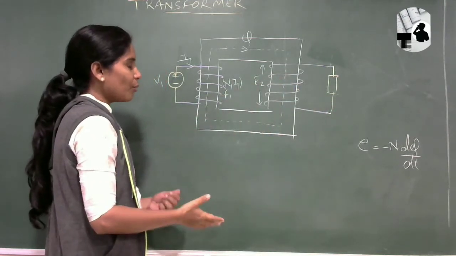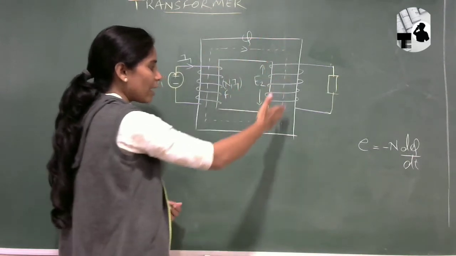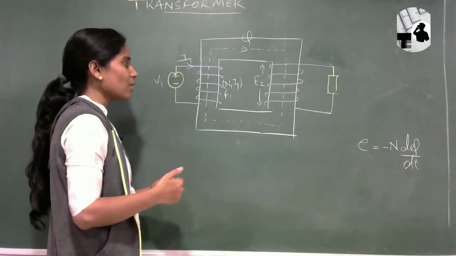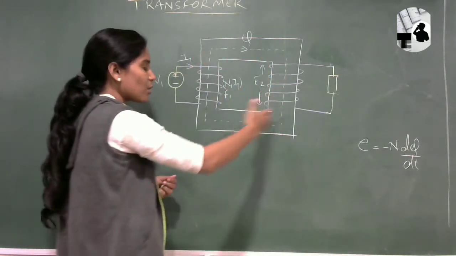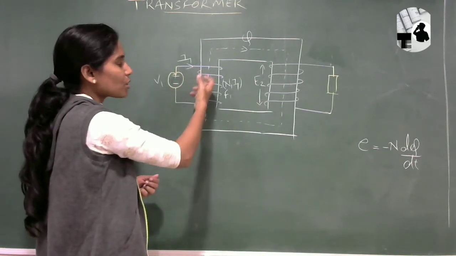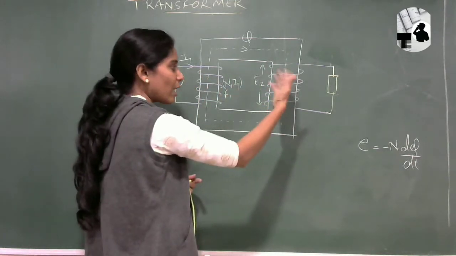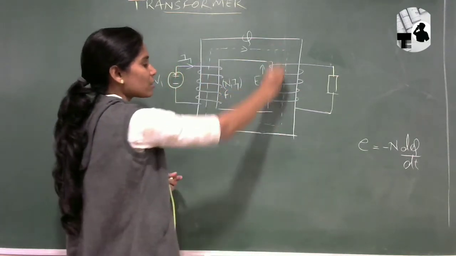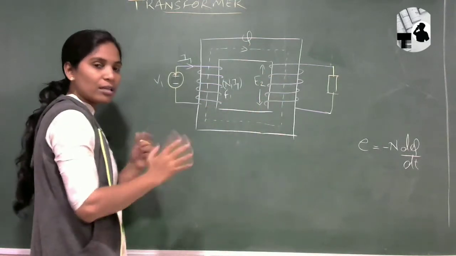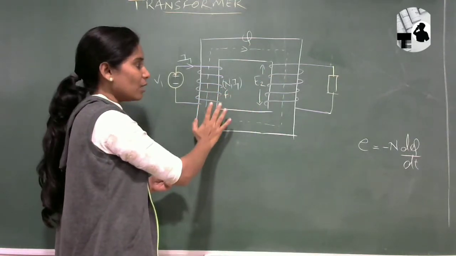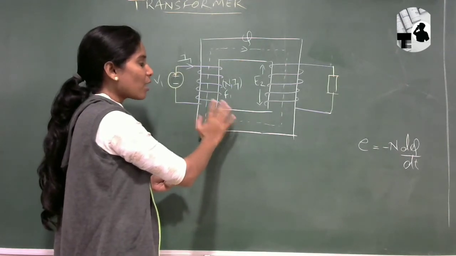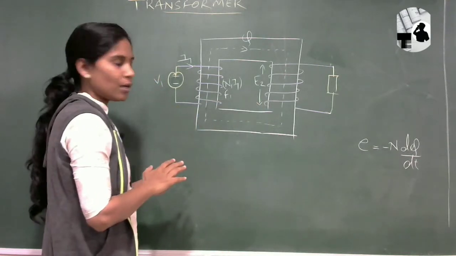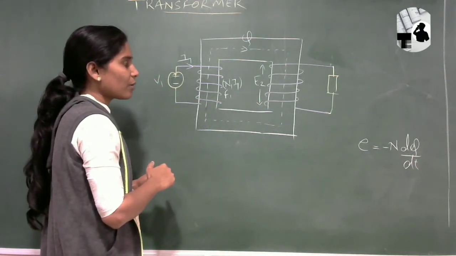So what will happen? The transformer core will try to remain in magnetic effect, meaning it will be magnetizing. That means the flux will be circulated throughout the transformer core by taking some value from the supply. That means there is no output at the secondary coil, but primary is on. And because flux is circulating throughout the transformer core, there will be some heat developed across this transformer core, and due to that heat, there will be a chance of this transformer burning out or being damaged due to heat of the transformer core. Right? So that is the effect when it is connected with the DC supply.